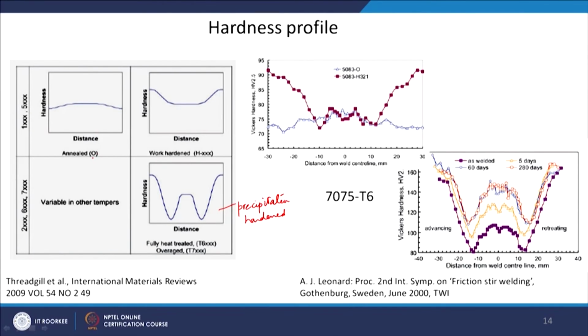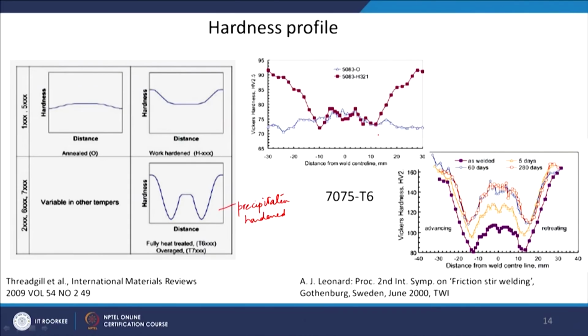If you take a well annealed material, okay, which does not have precipitates, does not have dislocations, only in this case maybe you will be able to see a slight increase in the hardness due to grain refinement. Okay. So, there are three classes of material, and the actual results are shown here in the graphs. So, in the annealed one, 5083 in fully annealed condition, you can see the hardness is more or less the same, and maybe there is a slight increase in the hardness in the process zone.